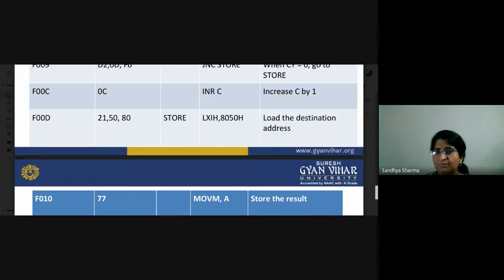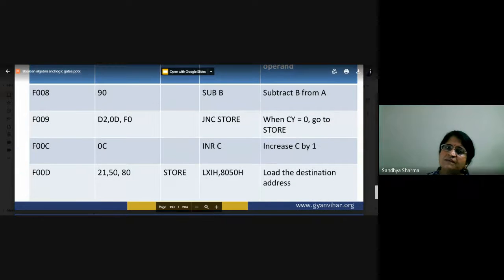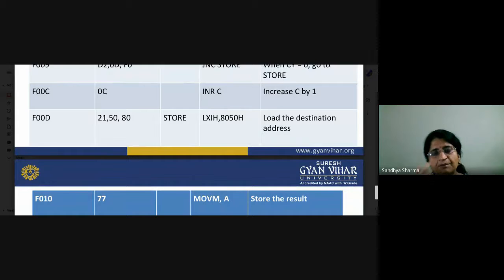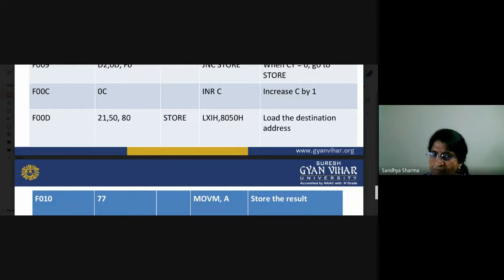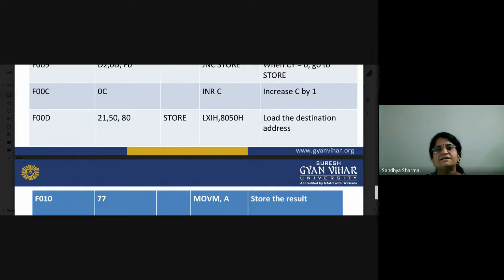Now what will happen here? Now if you want to load your data in a particular register, suppose LXI, or sometimes you can also load your data to the accumulator. So now what will happen here? You can store that in the HL register pair. So with LXI, you can load from that particular 8050 location whatever data exists there. It will be loaded to the HL register. So that is basically the destination address, and you can load that particular data.